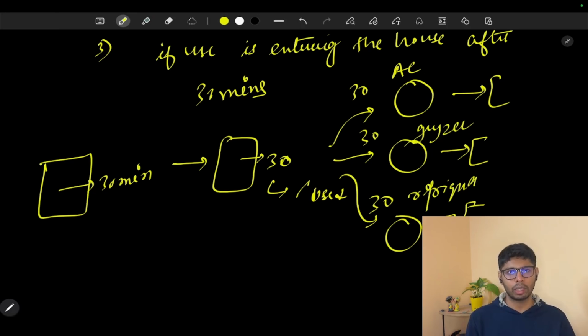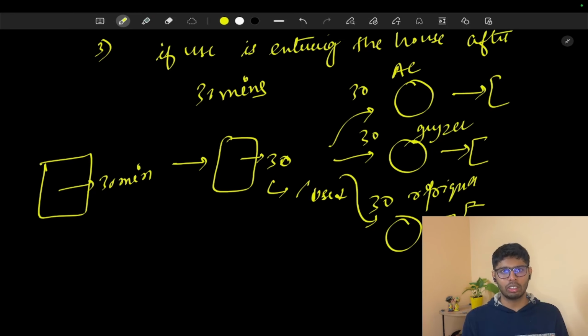First of all, the user will press the button in the application, like 30 minutes. The request will go to the server, and after the server, it will go to the company server, and then to the Zookeeper, and Zookeeper is going to inform all the particular appliances that user one is using. So user one is using AC, geyser, and refrigerator. So it will go to its corresponding service with the data 30 minutes.